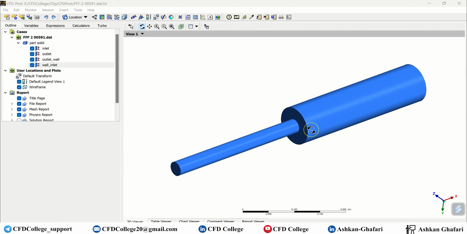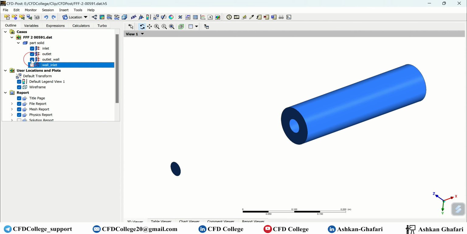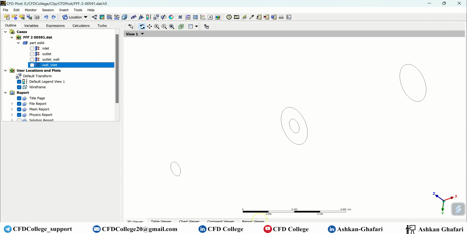As you can see, the diameter of the pipe is increased at this section, and one of the most important capabilities and applications of isosurface and isoclip is to export data, extract data from our three-dimensional